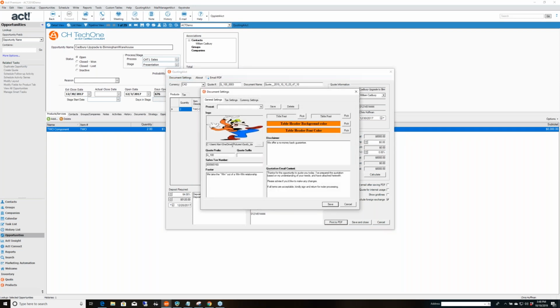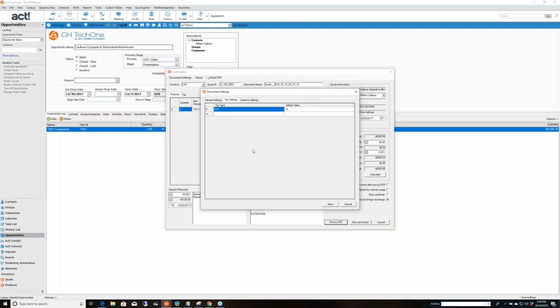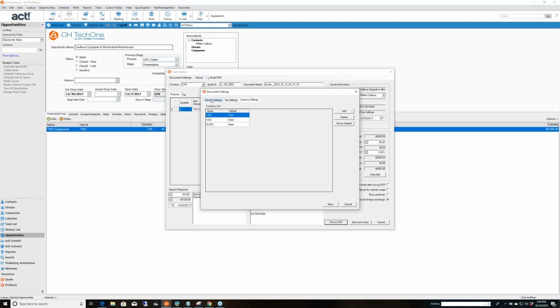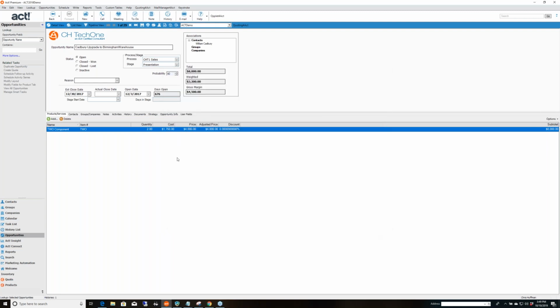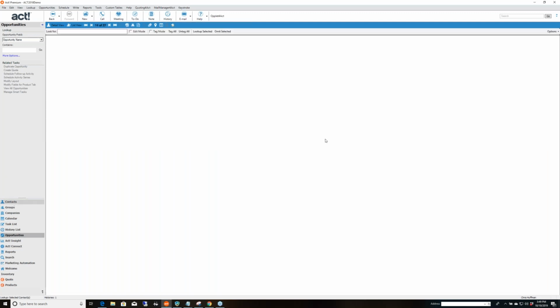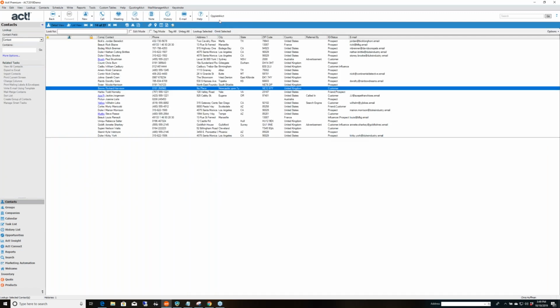This is where you put in the graphics. You can even put in an email template. So when you email, this content automatically comes forward. This is where you adjust your footer and your disclaimer information, your default tax settings, and even your currencies. Okay, so that's one tool. That one is billable. Okay, it's not terribly expensive. It's a $100 one-time cost, but one that a lot of our customers use that they quite like is Oplet